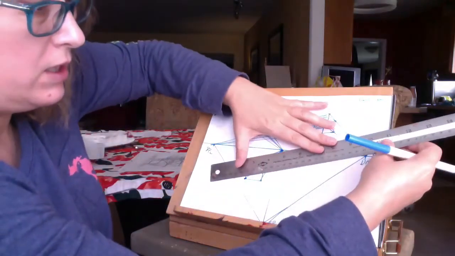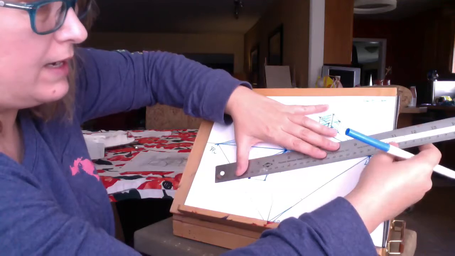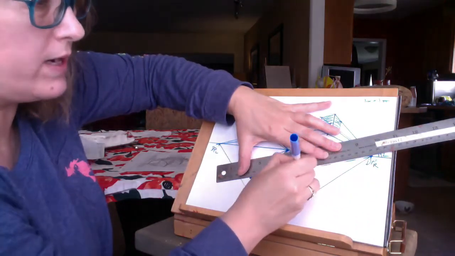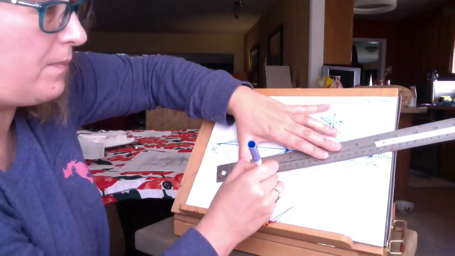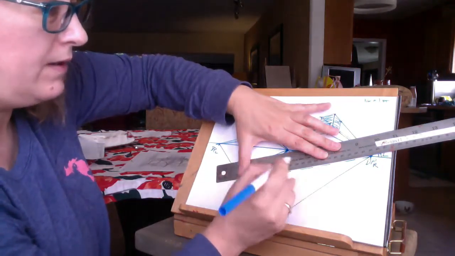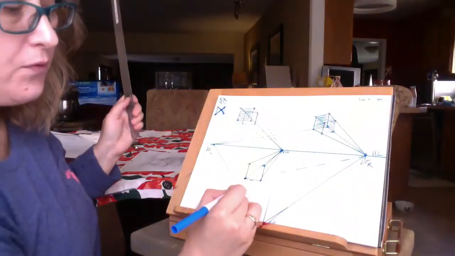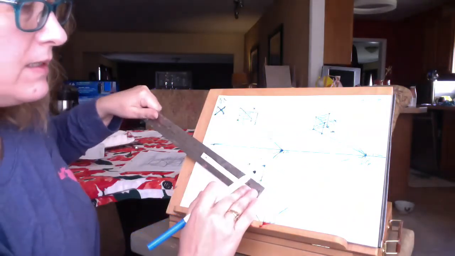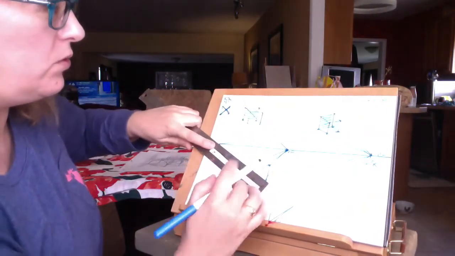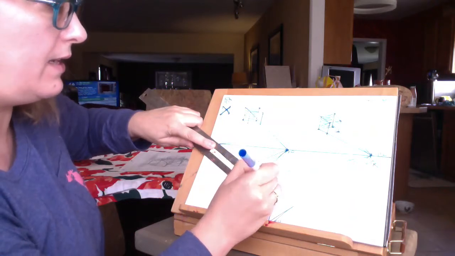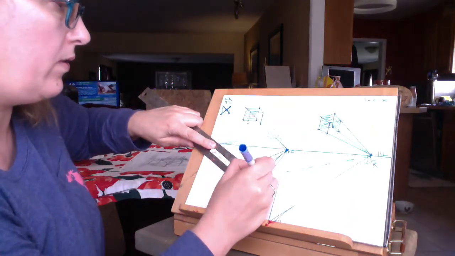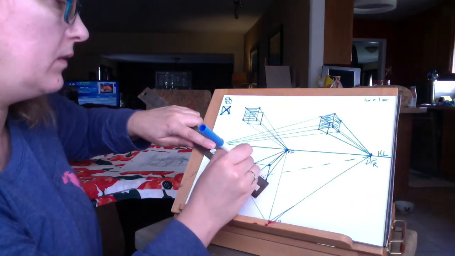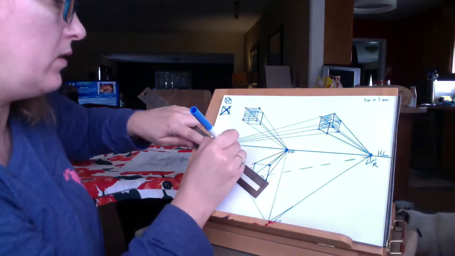So what I'm going to do is go from the bottom left part of my 1-point box to my DPR, and I'm going to make this a dotted line because this line is a measuring line. It's not a true line of my box. Okay. And then I'm going to go from the bottom right corner of my box to that left-hand DP where those intersect my box. That's what's going to give me